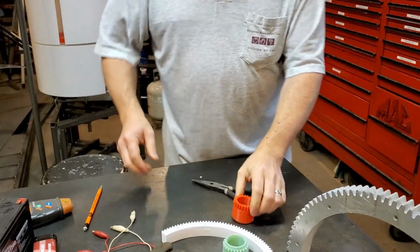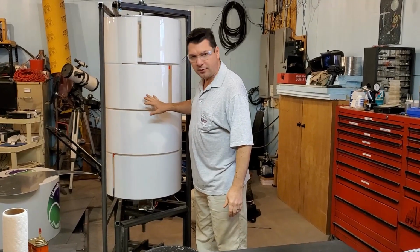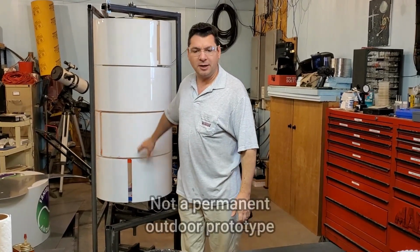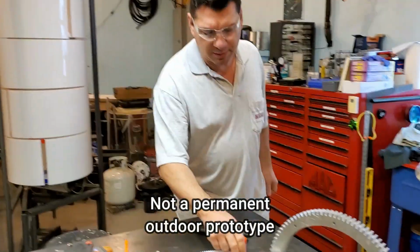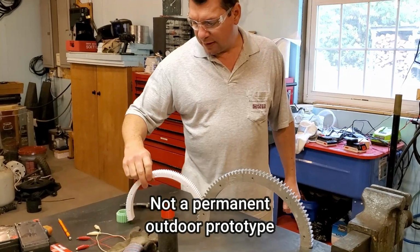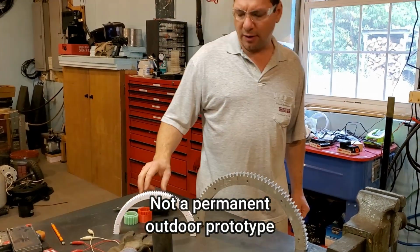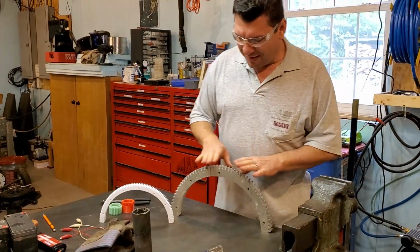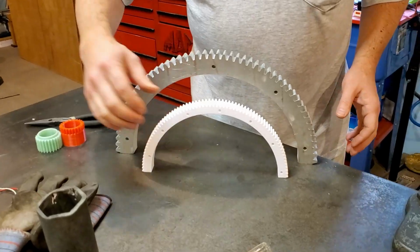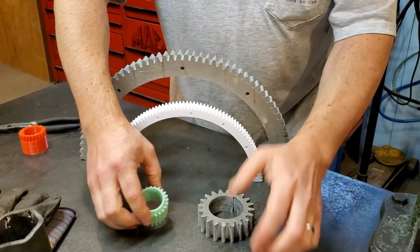You know, sturdy enough to be a proof of concept and show it working, show it furling and unfurling, and even capture wind to a certain degree, but certainly it wasn't a permanent outdoor prototype. It wasn't something that would be able to hold up to the ultraviolet light and to the rain and the wind and everything just beating on it 24/7. So a little bit of a perspective here of how far we've come. These things are like toys compared to the newer